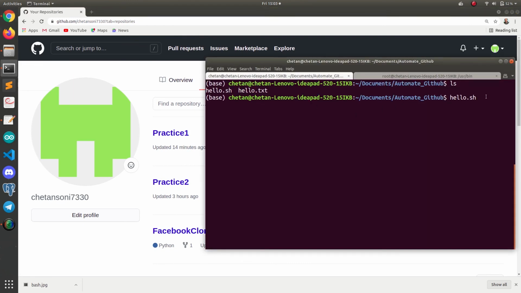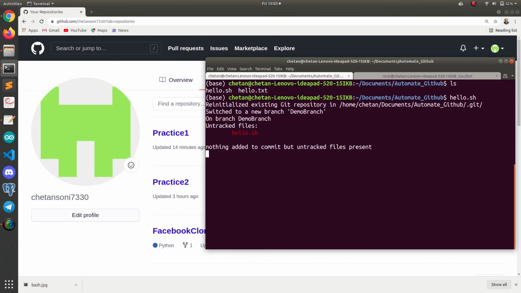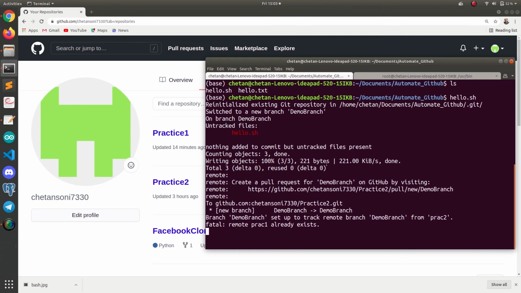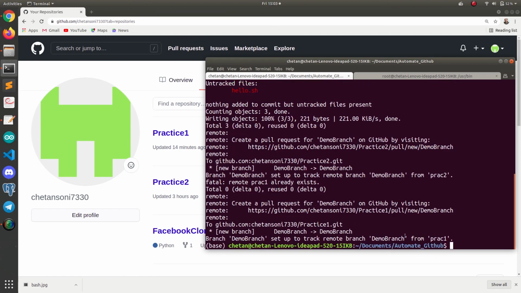So let me execute this. We have executed that, and we have switched to a new branch. It is going to print pushing this into practice1, and also it is pushing to practice2.